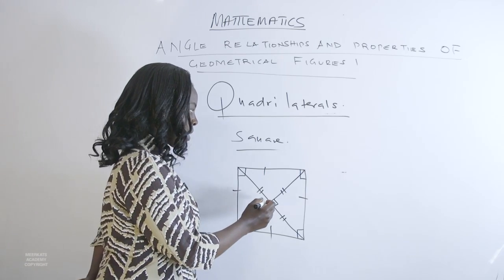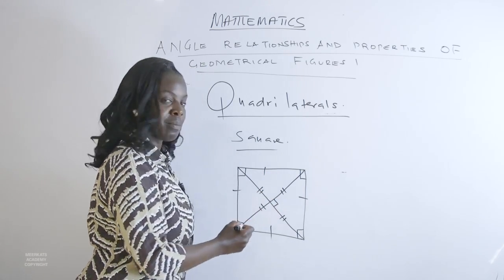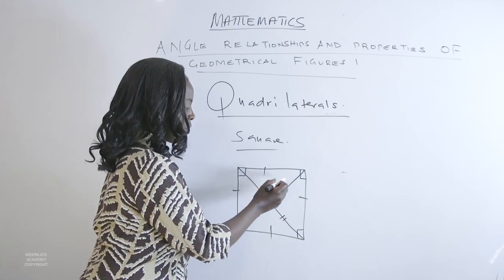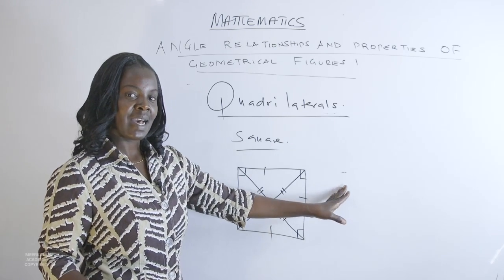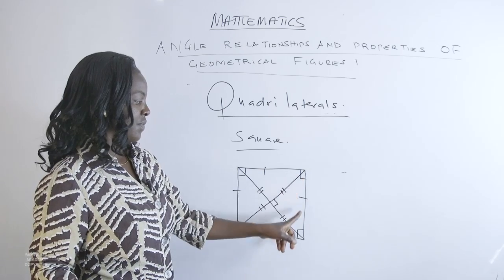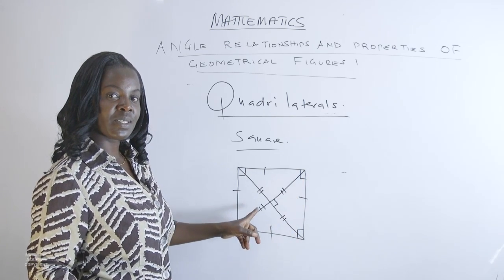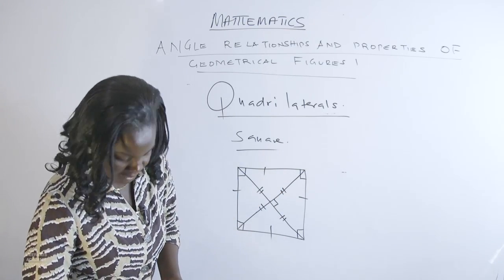So for our square, when the diagonals bisect each other, we have all the sides equal. So the diagonals bisect each other at 90 degrees. We have, again, all four angles being right angles in a square. In the rectangle,